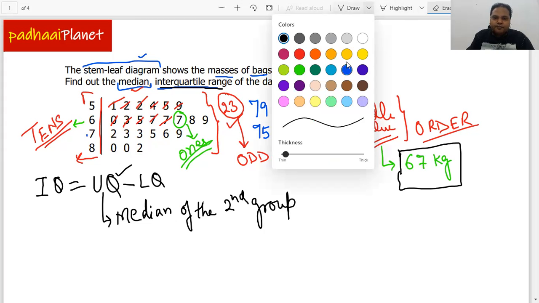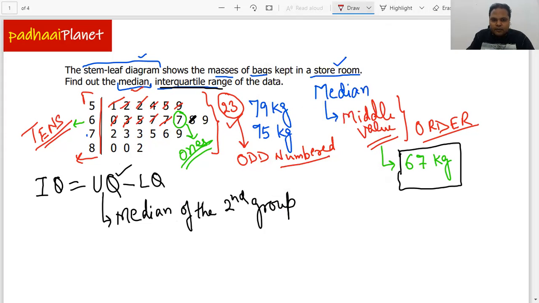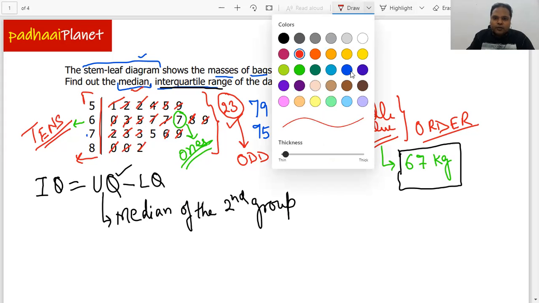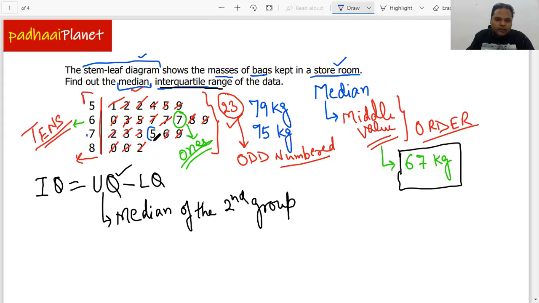And we will again start knocking them off. So we start from the first one, and then the last one, the second one, then the second last, third one, third last, fourth, fourth last, fifth, fifth last. So now we are left with this. Now if we take 5 as ones, and 7 as tens, because 5 is in the stem of 7, we can now say that the upper quartile is 75,